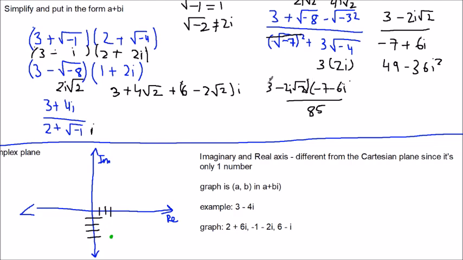Oh god, this is getting really messy. Which will give you minus 21 plus 12i squared square root of 2, which is minus 12i minus 12 square root of 2. So it'll get you minus 21 minus 12 square root of 2